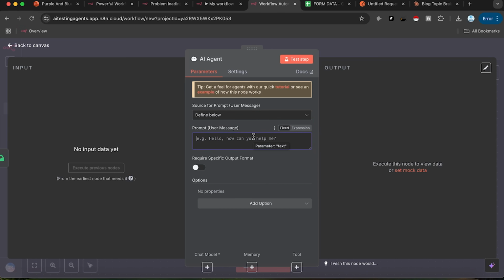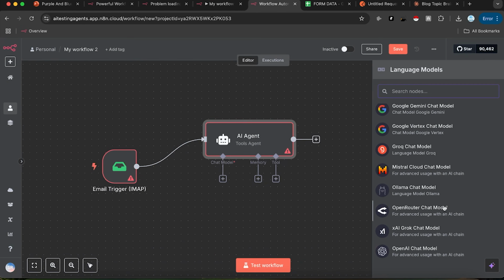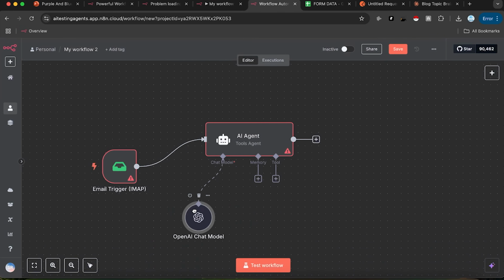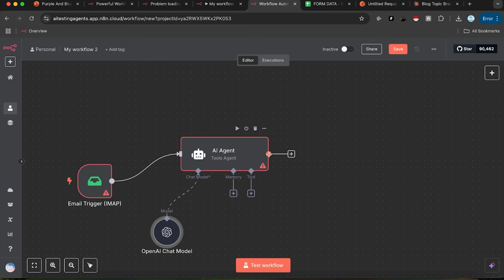Let's just say at the moment we don't need to type anything here. We'll just add a system message, and then under chat model I'll grab OpenAI, and we are using free n8n credits till now. I'll eventually switch to my own API credits just because these credits will not last long, and GPT-4o is not the best model, so we'll use GPT-4o mini as long as these credits last. So we've got an AI agent here, and then we can put the output in, let's just say, a Google Sheet,